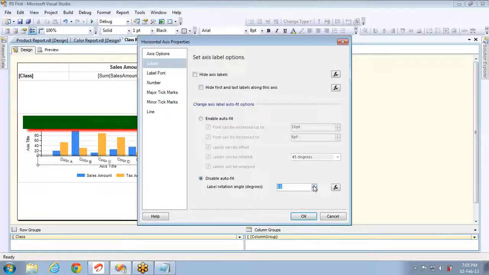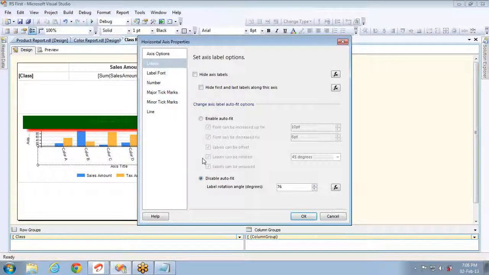That is default fit. If you see, when I'm increasing the rotation, the angle at which the labels are placed is increasing. If I provide 90, it will be 90 degrees. 145, it will be 145 degrees, so max 90, I think. So like this, -75, let me give something like this. You can see it's on the negative side, or +76, it will be on the positive side. So like this, you can set the angle of the label.